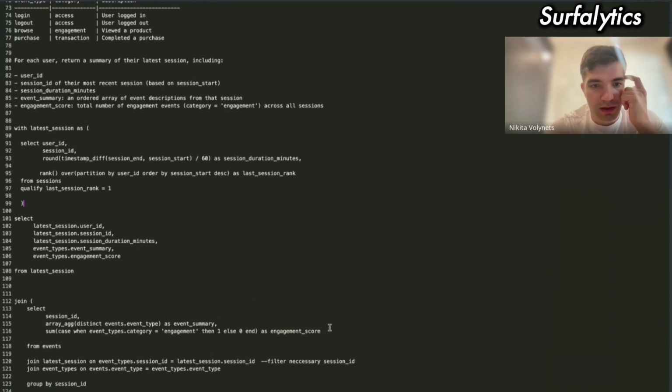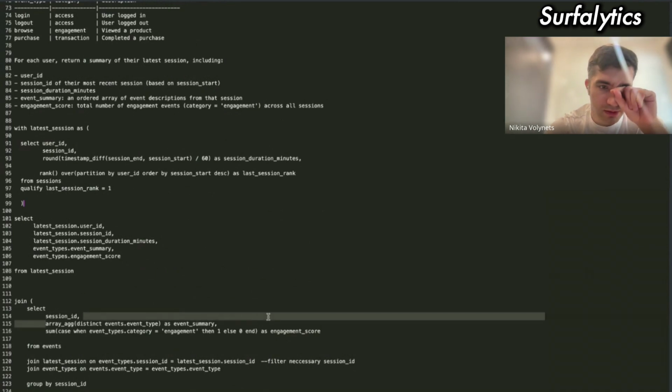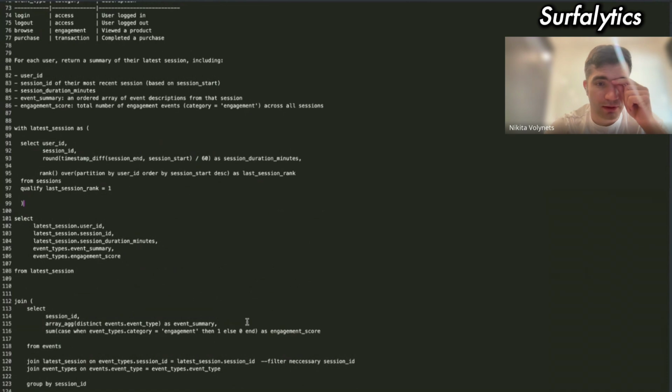Yeah. So you just use array agg to aggregate everything by event type, and then you just join this event types table and filter and count or summarize just categories, only engagement categories, right? From event types table. Yeah. And then you join it to the main table, right?